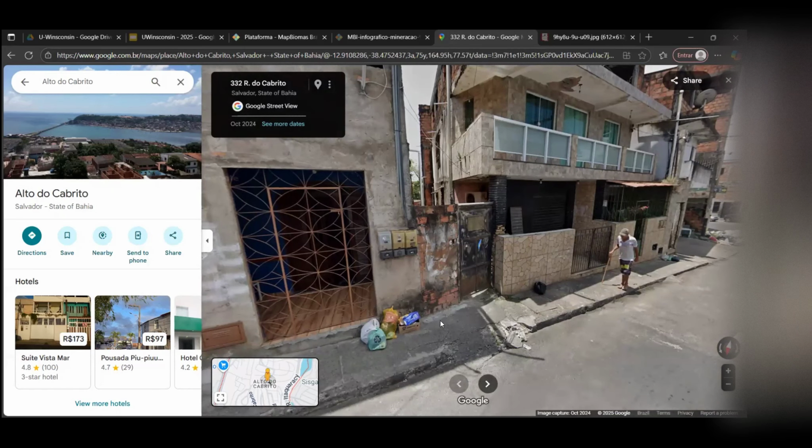I will just give you a little bit more aerial perspective of this area that I'm showing you. Some of the videos that I made there, and sometimes when I went back there, just for you to understand the scale of it. When you look into the map, you have no idea how big Alto do Cabrito, this land that I was showing you, is. It's a sea of people. It's a big area. It's not just a small patch.